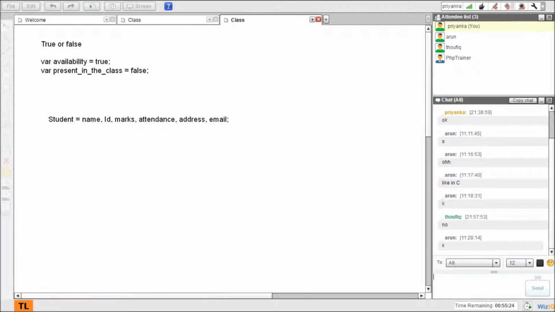So I want to say, for instance, student 1. I can group everything inside student 1. I'll say student 1 is new array. So array is a collection of elements or a collection of different values.